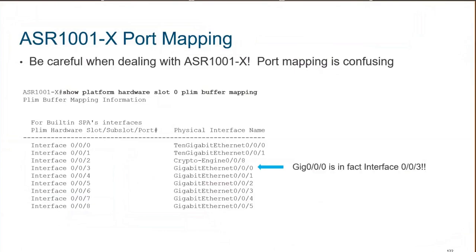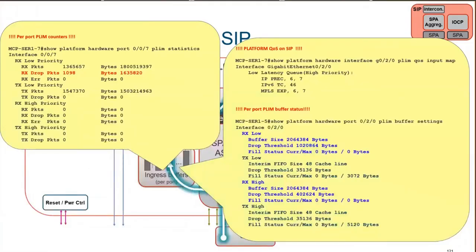Sir, once we identify that the packets are dropped there, then what are the steps? Yeah. So basically, when the packets are dropped, it usually means that the SIP is being overwhelmed with traffic. So basically, the ingress buffers are getting oversubscribed. I mean, it's already full, and the packets that are coming next will be dropped till the buffer is